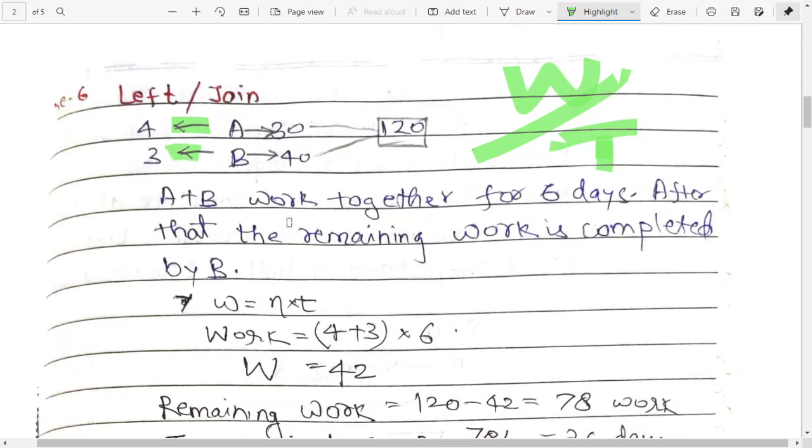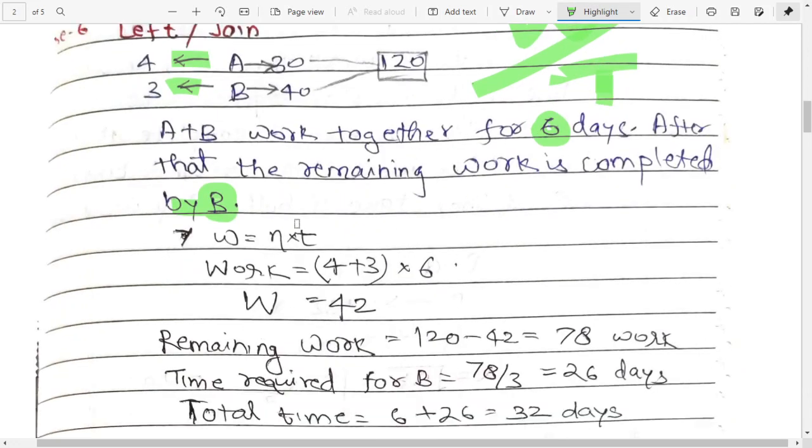Once you get the efficiency, what they have mentioned in the question is that A and B work together for 6 days. You need to take care of the number of days the persons work, and after that which person is going to leave. After the 6 days, the remaining work is completed by B only. Basically, work is equal to efficiency into time, which I informed you at the start of the video. If you did not watch properly, then at least go back to the start and take care of all the cases and the format which I have mentioned in the questions. So basically A and B have already worked for 6 days,